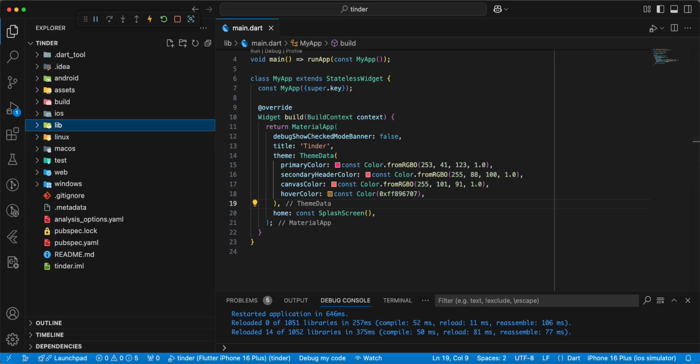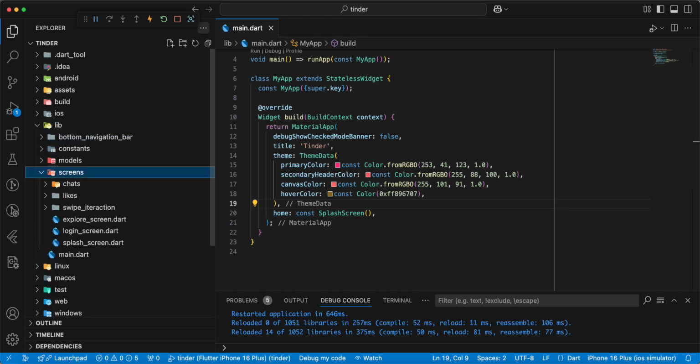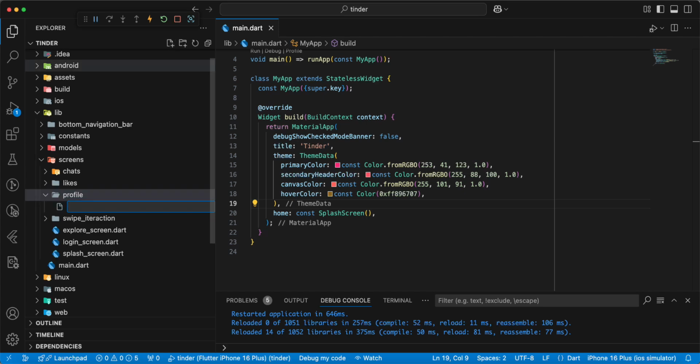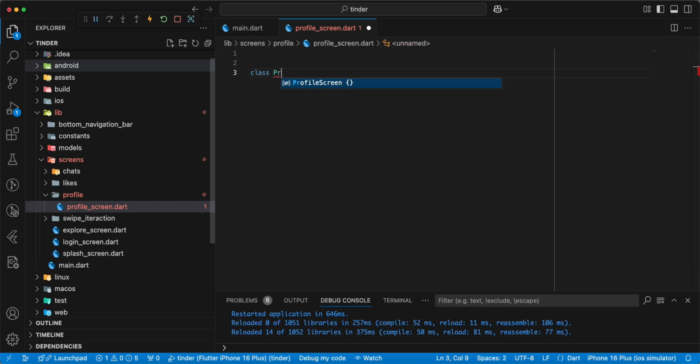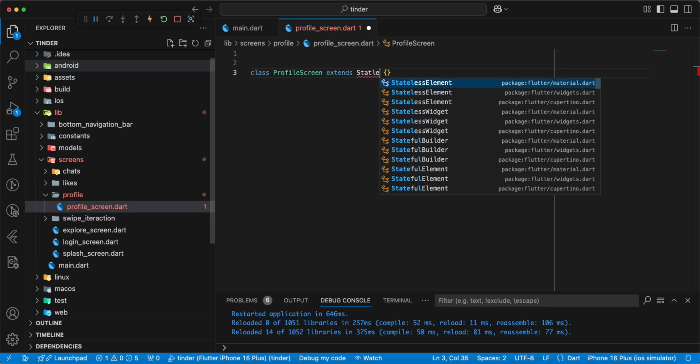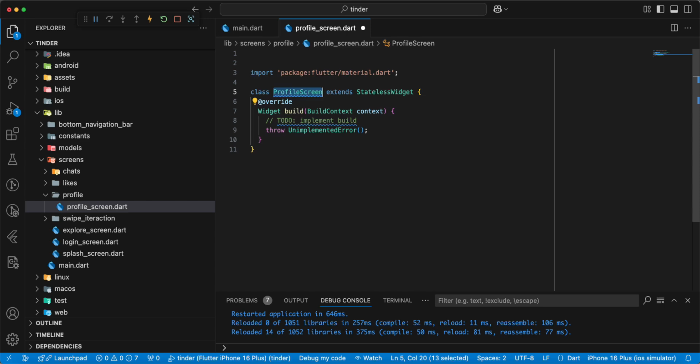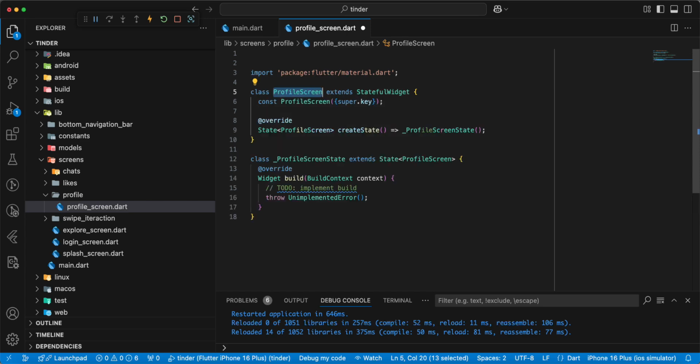And now we open lib screens, add folder profile, then we add profile screen.dart, add class profile screen, extends stateless widget,